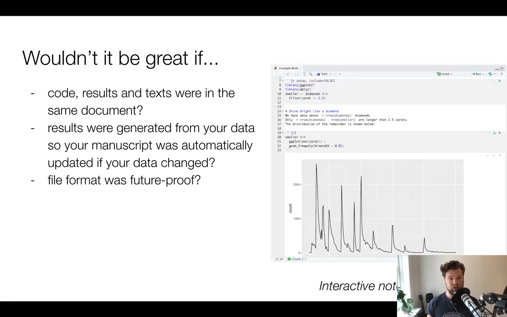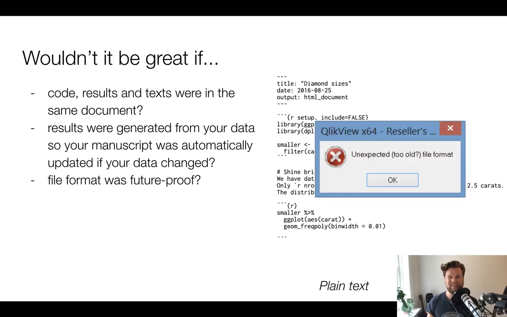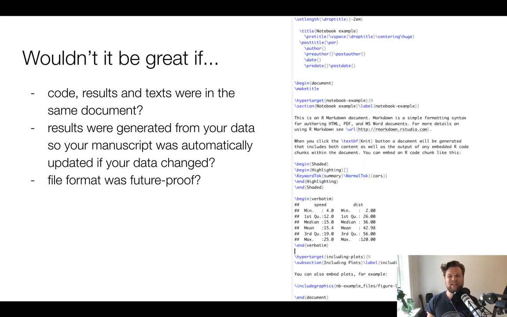R Markdown is an attempt to help you in all of these respects. As we already saw, it is something you can use as an interactive notebook where you can have your code, results, and text in the same document, and where, as we'll see shortly, we can have our results automatically generated at the point of compiling this into a specific output format. It's also future-proof because it's simply plain text that you can open up in any text editor. And it's also a plain text format that has a more human-friendly syntax than alternatives such as